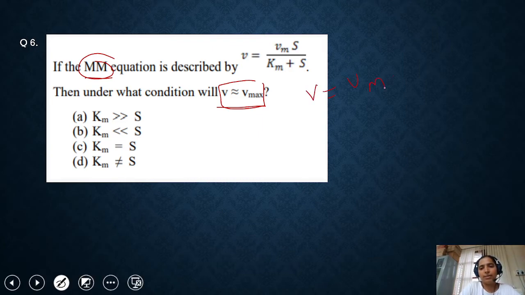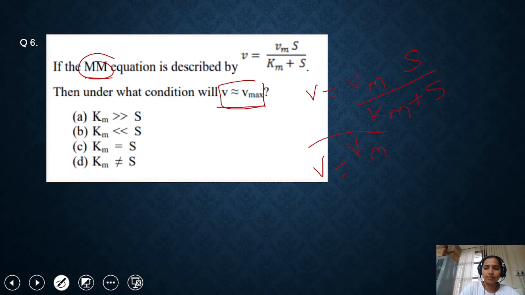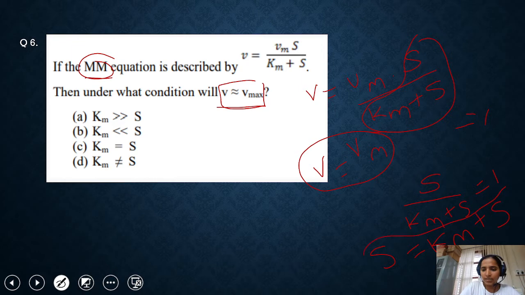Suppose this is V equal to V max into S upon Km plus S. What they are asking is when V will become equal to V max. It means that this part should become 1. And how will it become 1? For this, Km plus S needs to be equal to S. This can be satisfied when